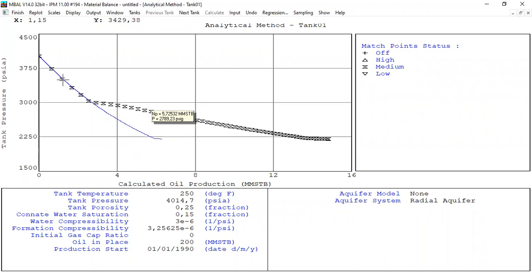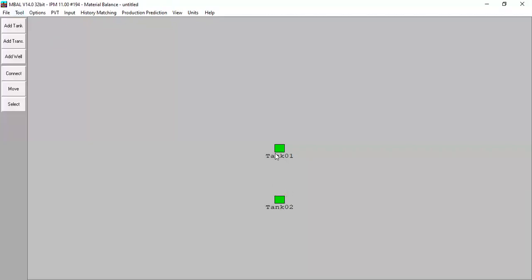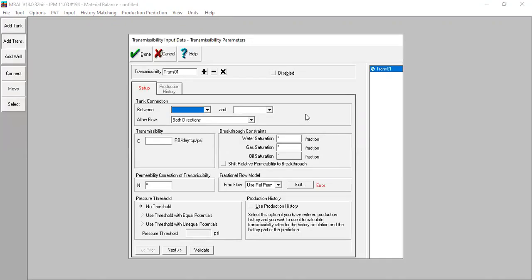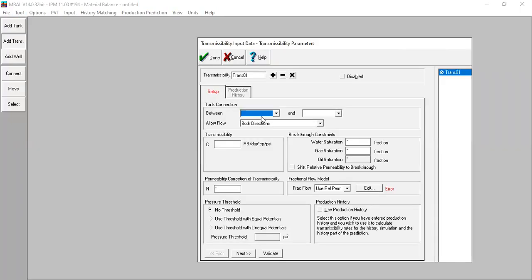Okay, here we have fast reservoir pressure decline. Here we have slow reservoir pressure decline because of pressure support from tank 2. Okay, so I will connect. I will make tank 1 connected to tank 2 with what? With this one. Transmissibility. Okay. Between tank 1 and tank